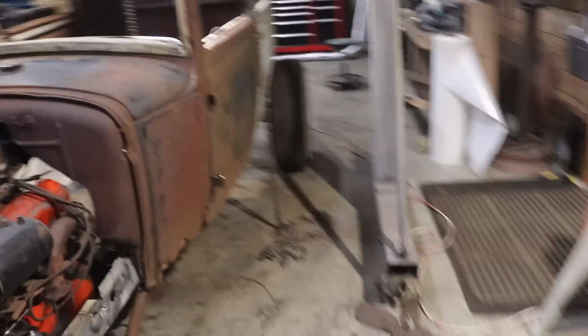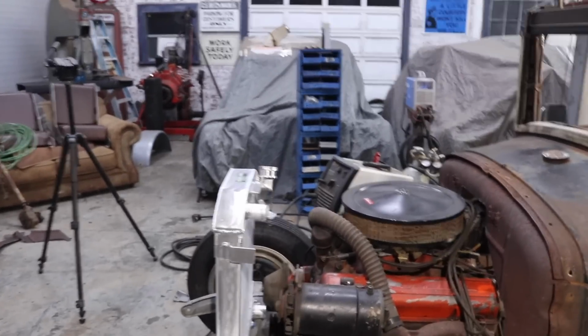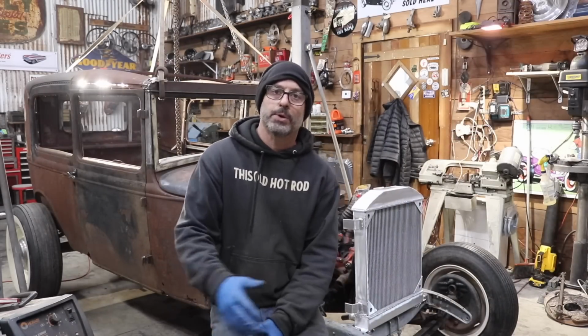Set my radiator in place, and that's it. So that's it, guys. That's how you section a Model A front cross member to lower your radiator down on